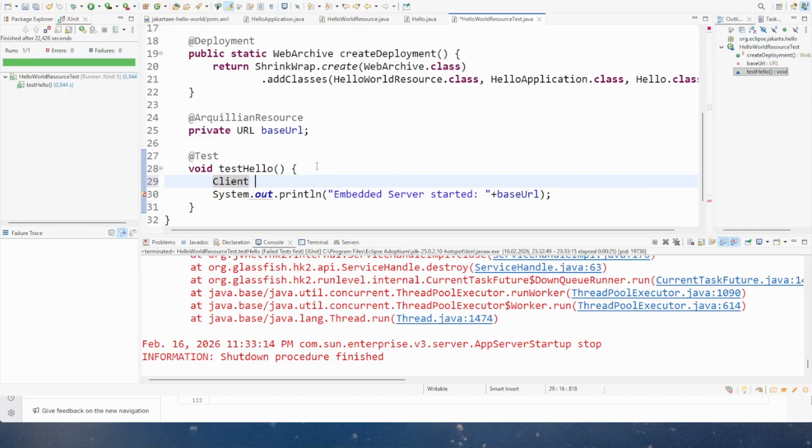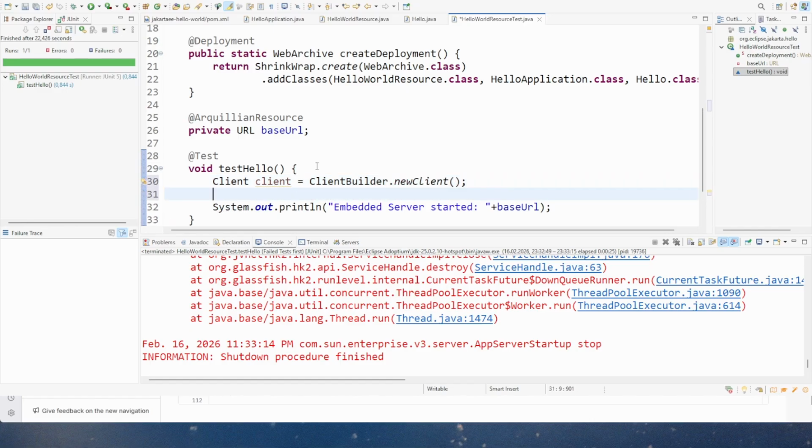What we need is a client so that we can make an HTTP client call to the endpoint. So ClientBuilder.newClient. What we need is to select a target, which will be our base URL, base URL toString or toExternalForm. Now we add the REST path, which is rest/hello. This is our endpoint. Once we have our target, this is a web target,